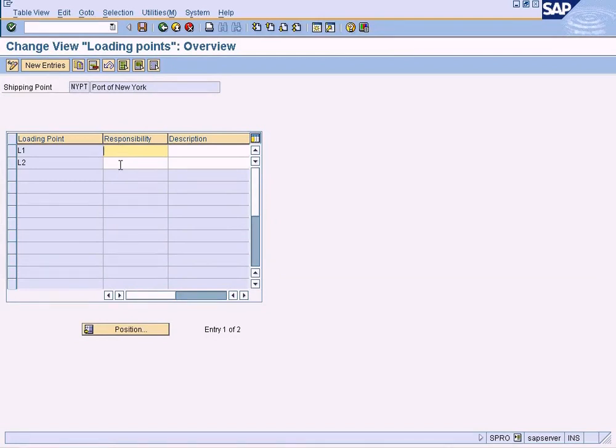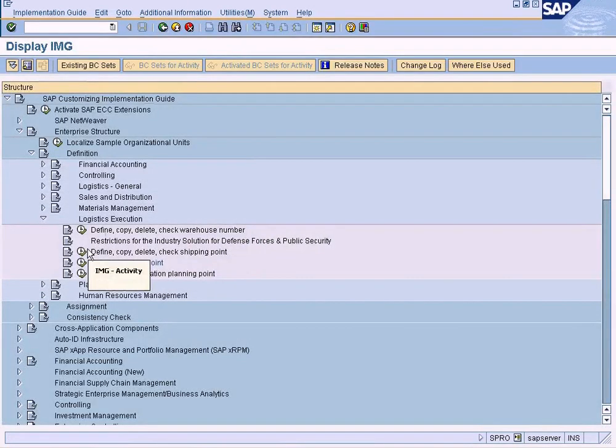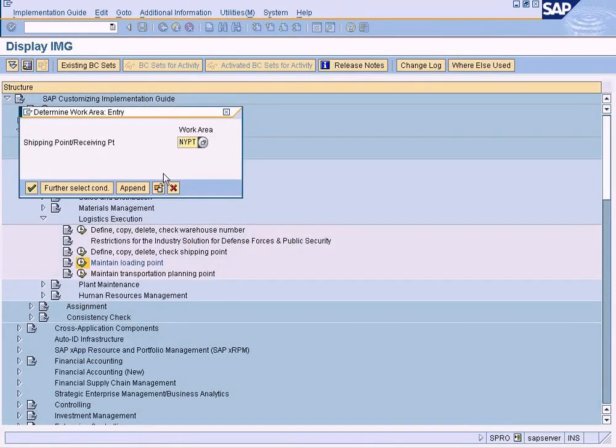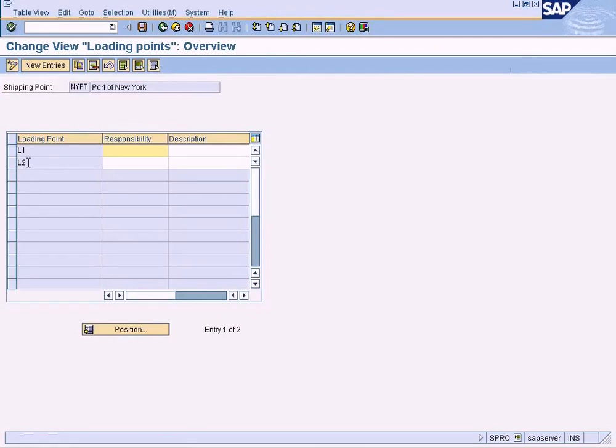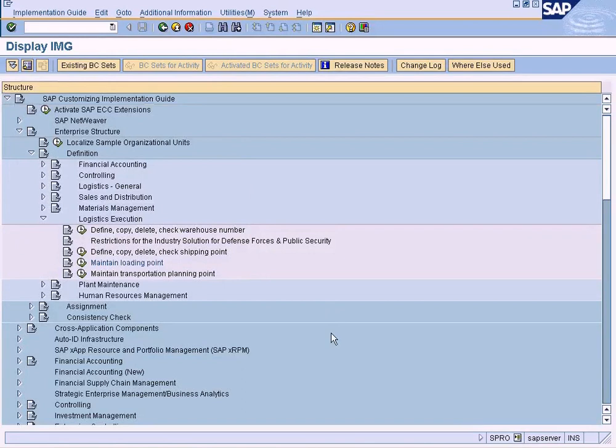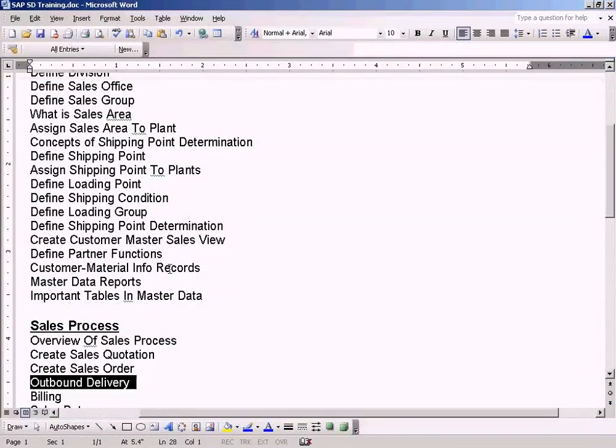We can enter a person's name here so that he'll be responsible in handling the goods, and these 2 loading points are defined under the shipping point NYPT, because before we log into the screen we were prompted with the shipping point and we have entered NYPT, so the loading point that we define is assigned under this shipping point. Okay, it's very simple. That is about defining